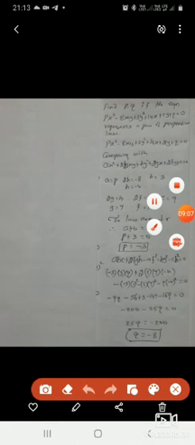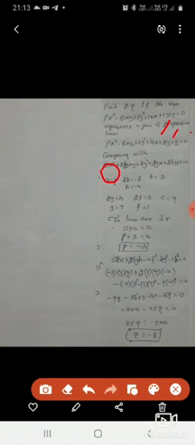first of all, we write the given equation. Here, the equation is px square minus 8xy plus 3y square plus 14x plus 2y plus q is equal to 0. If you compare with the general equation, the a value is p, 2h gives the h value, you can find the b value, and in the same way the c value is q.